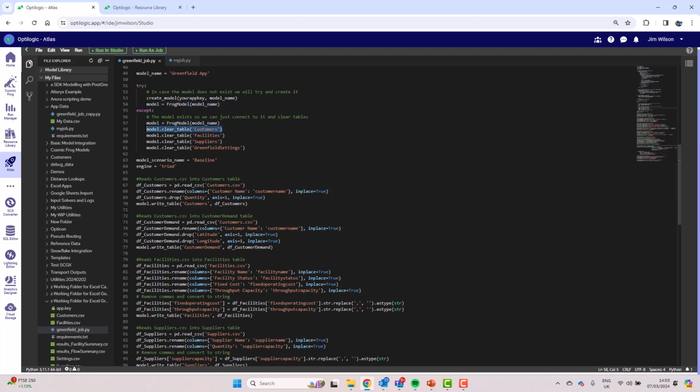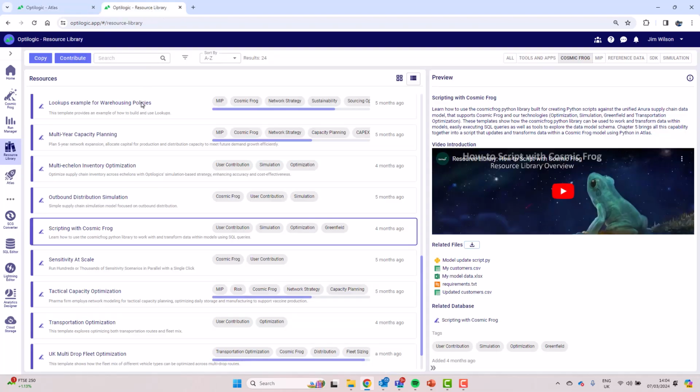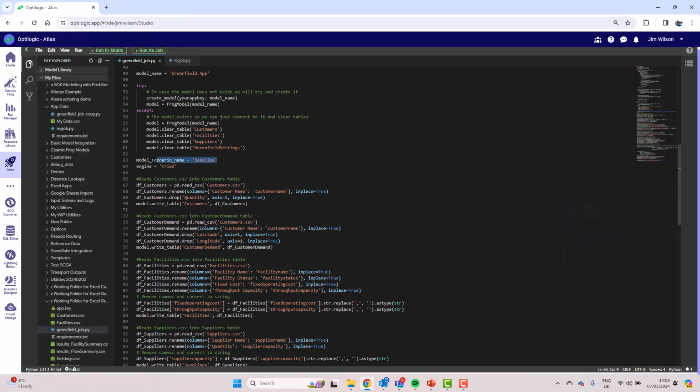And then we have a range of functions that allow us to easily clear tables, write data to tables, upsert data, run queries. And as I say, definitely go and work through the scripting with Cosmic Frog training that we have up here in the resource library, and it will give you a huge amount of detail on all those functions that are available. The next thing we'll do is define the scenario that we want to run within the